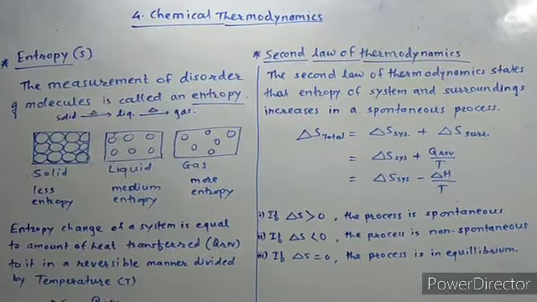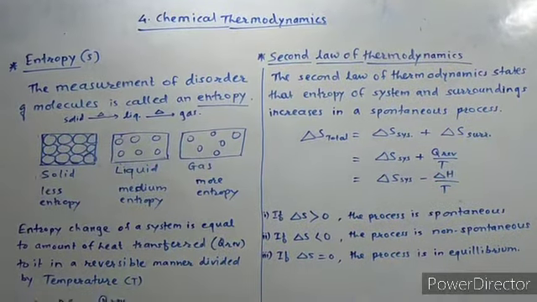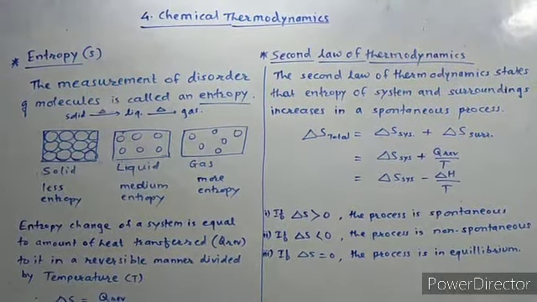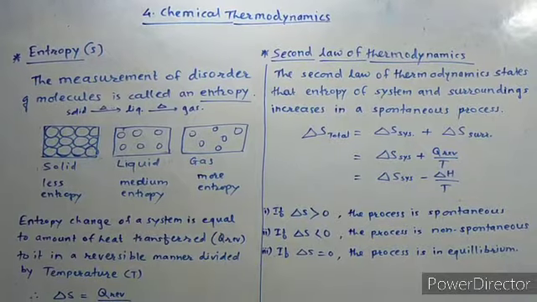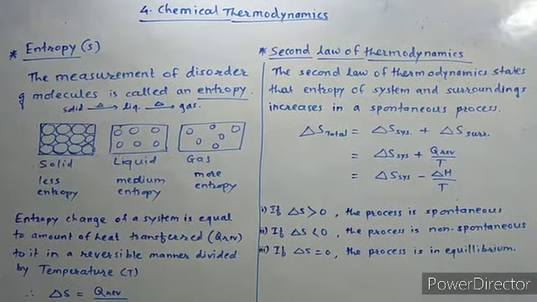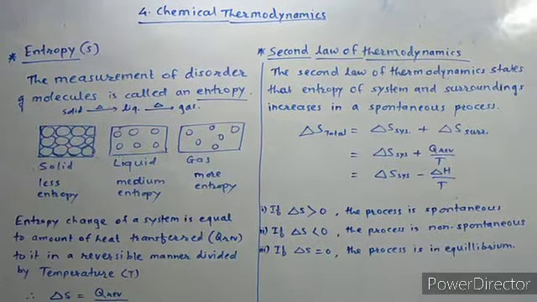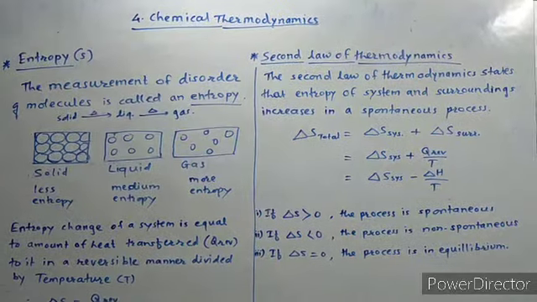Topic number 4, chemical thermodynamics. From that we are seeing entropy, that is another property. Now the measurement of disorder of molecules in a substance is called entropy. Now see the first. Now you know that solid on heating is converted into the liquid, on heating liquid again converted